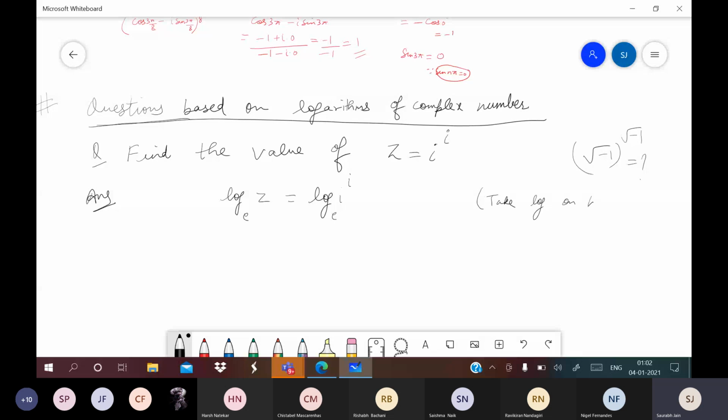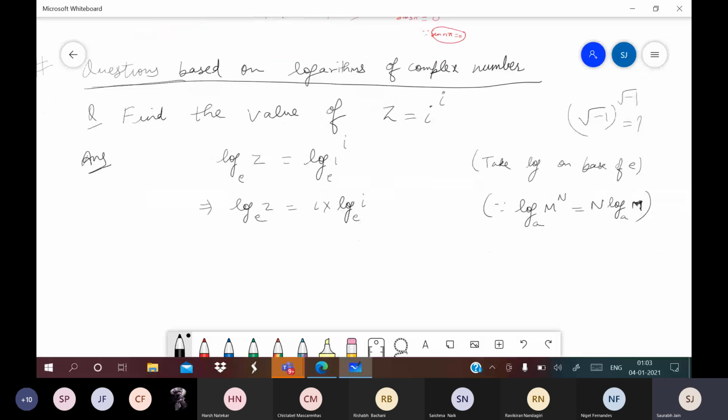So I will solve one more question. Okay, so that will make it even more clear. Take log on base of e. Now nothing much can be done on the left hand side, but on the right hand side you can get iota here. Why? Because log m to the power n is n log m. Okay, now